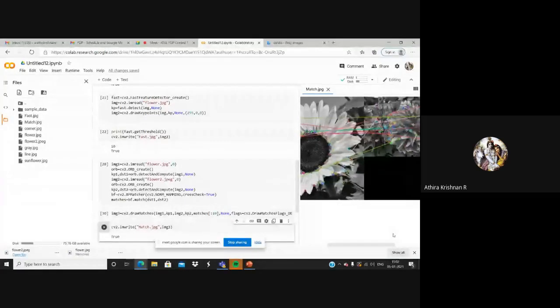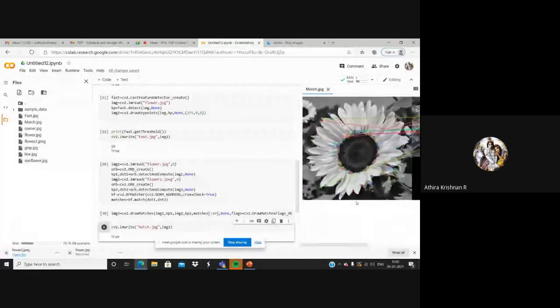Since the match is very sparse, normally for a sunflower it would be very crowded. In that scenario, you can take it as a right match. If you pass both images as sunflowers, you can see both will have so many points detected. Based on that, you can give a threshold and select whether it is the right match or not.